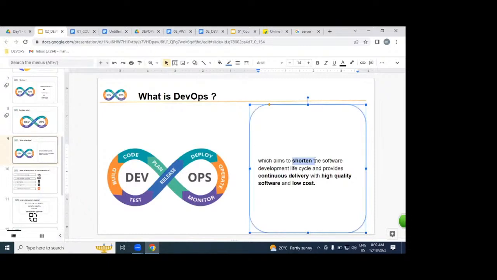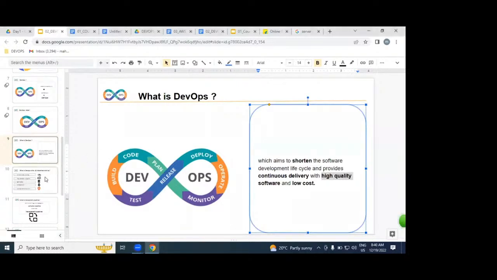If we are delivering in the shortest time, the cost is going to be reduced, and we can provide the highest quality. Understood very clearly? What is DevOps? Let me repeat. DevOps is a process which we implement from the dev environment to operations. While delivering developer code into the production environment, delivering within the shortest time, with high quality and low cost, is nothing but the DevOps process.